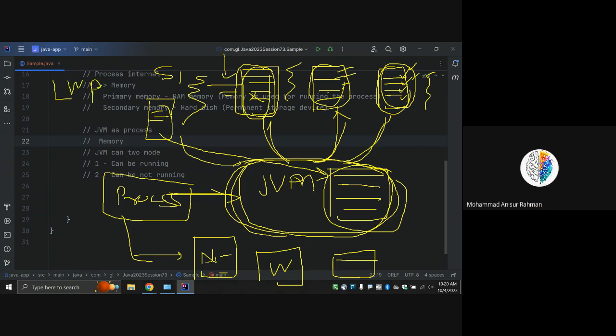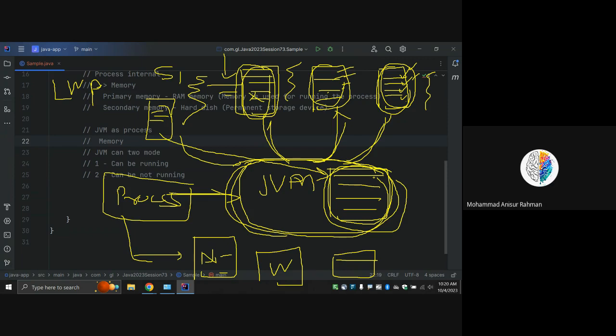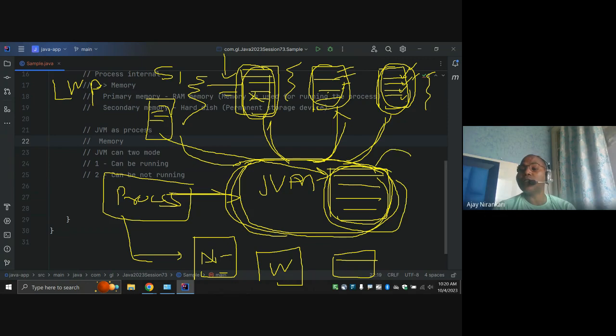So one thing again, I forget, it is not coming to mind. When the memory runs out, the RAM runs out, it shows an error message. If your available memory for JVM is full, Java says JVM out of memory exception. That's when they're not running anyway. We cannot run the program if all the available space is full.